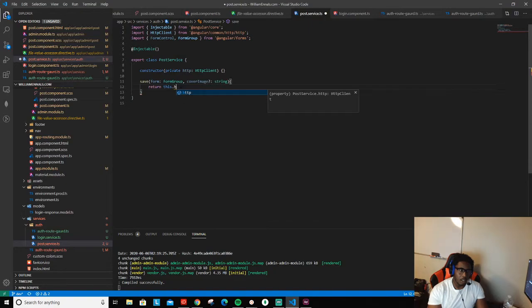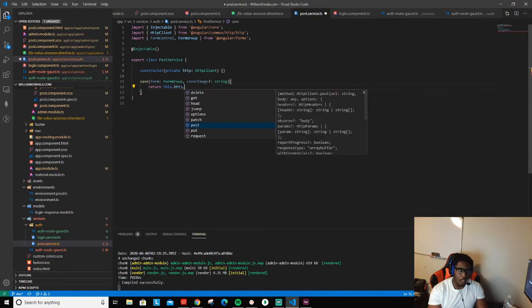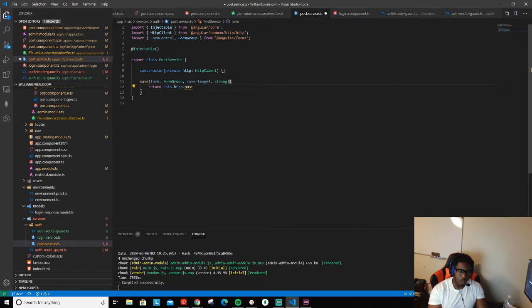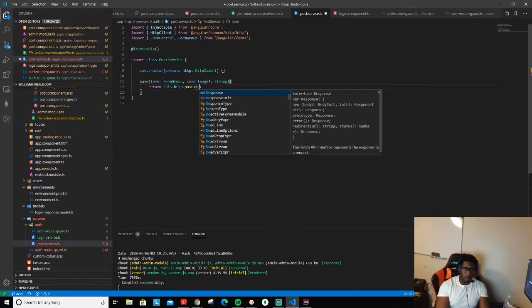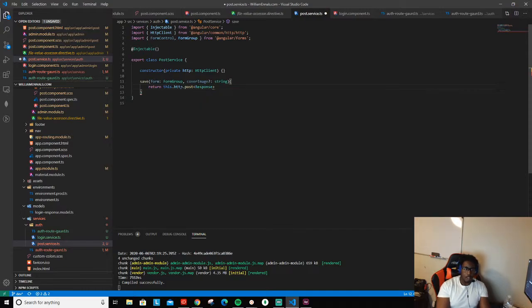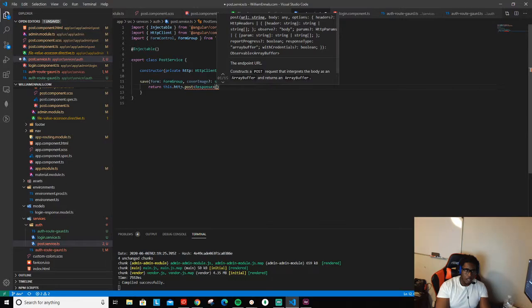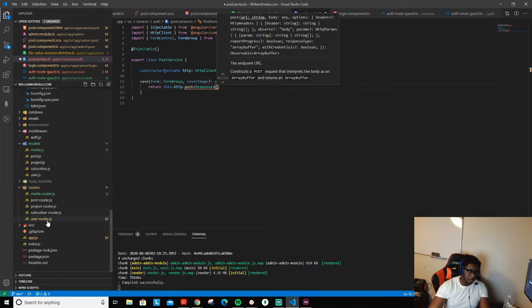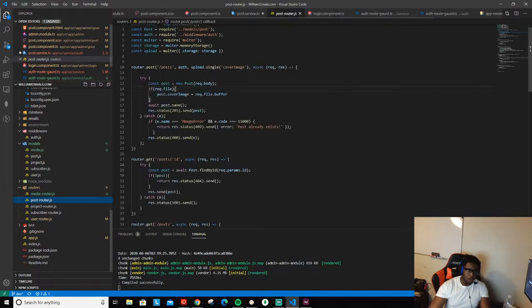this.http.post, and then we can say where it's gonna post, because we know it's just going to be, call it a response. Lazy. And since we're posting this, we want to go here and say on our post, just like in our router, what are we posting, right? So in the post router we send in